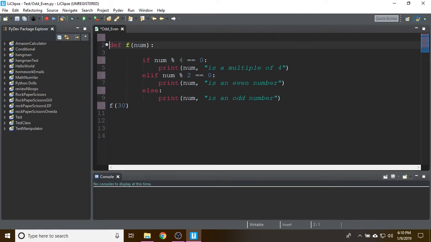For this program, the first thing I'm going to do is comment on what this function does. I don't really need to comment on this first line here, or line 2. I just need to comment on what the function does as a total. Actually, I can be more specific: function f checks if the variable num is odd, even, or